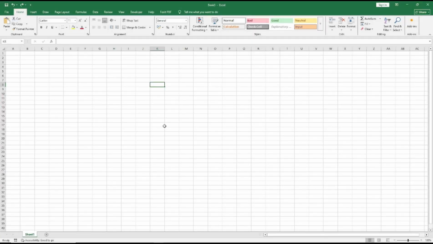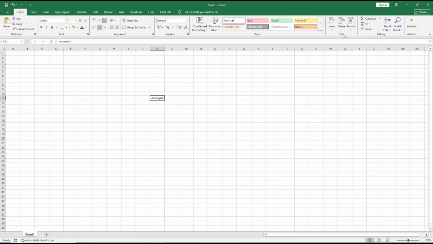Hello everyone, today we are going to learn a basic Microsoft Excel tutorial: how to increase cell size. As an example, I will select these cells and we can type something like "example". Now if you want to increase this cell size, you can go to the Home tab and then you can click